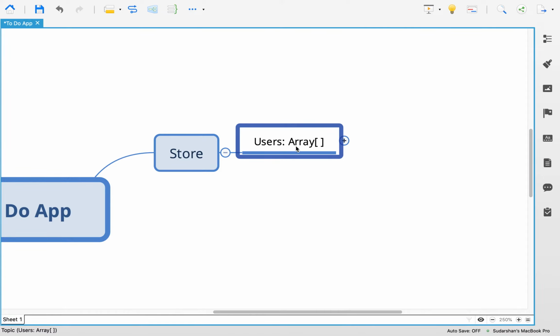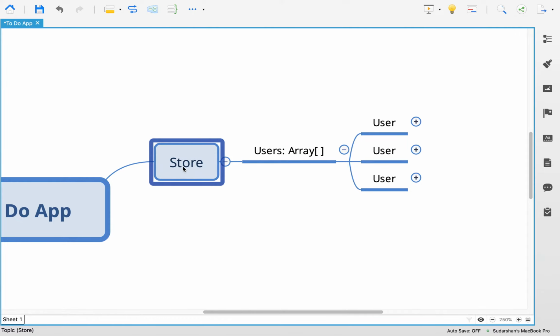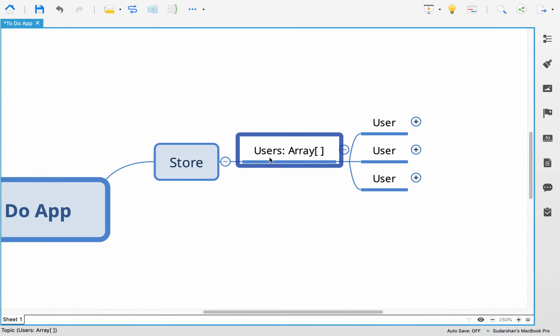Users is going to be an array. An array can hold multiple users, like this, 1, 2, 3, but not limited to 3 users. It could be any number of users. The users array can contain any number of users, and my store will have these users.